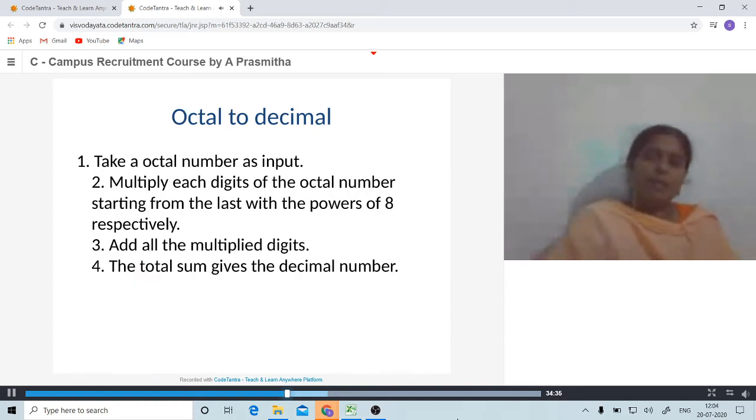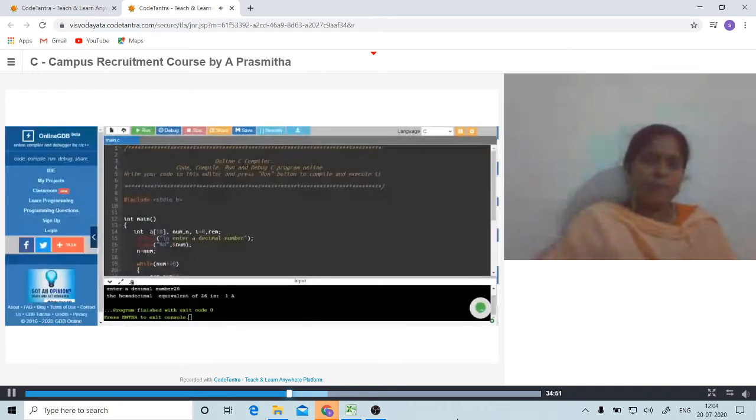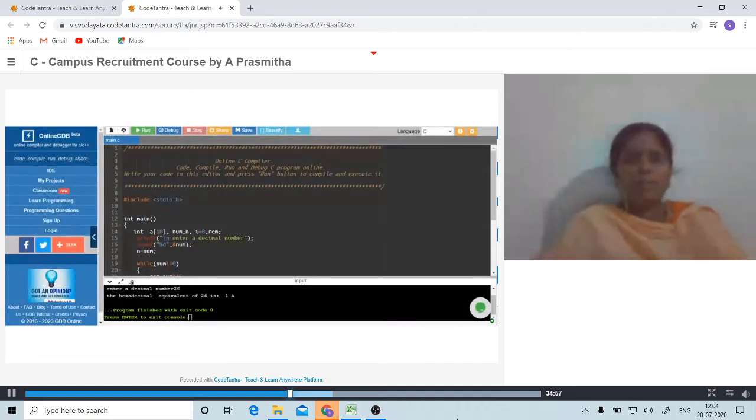So now let us see how to do this in the editor. Now I am going to write the program. I am going to convert a binary number into decimal number system.